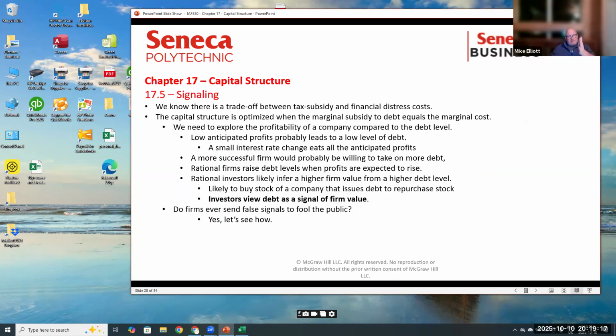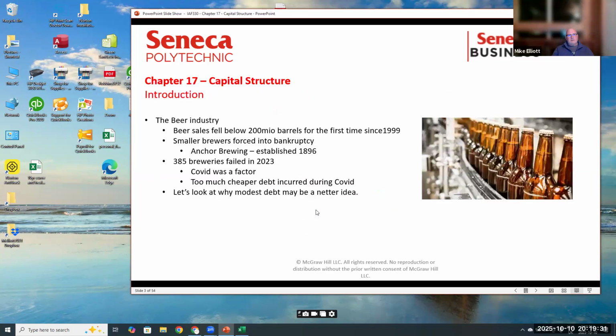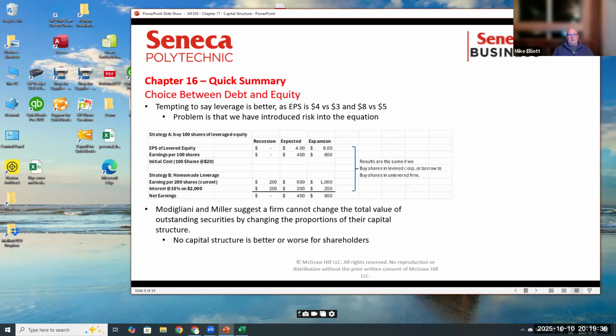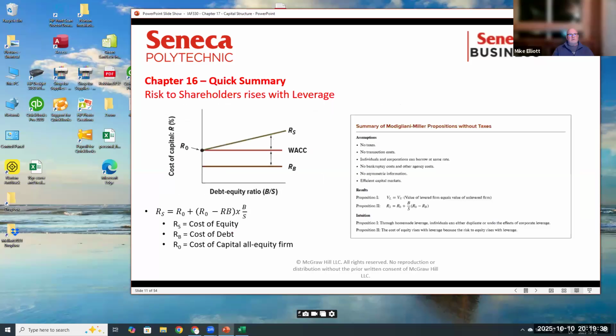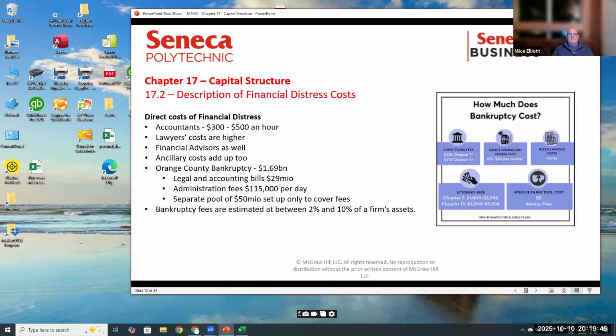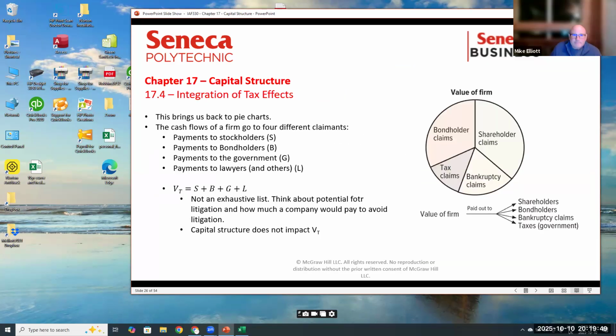And signaling, remember I said there was an assumption in Modigliani and Miller that there's, what was the exact term? The exact term was, oh, I remember this stuff, but not right now, sorry. Yeah, I remember. Anyway,